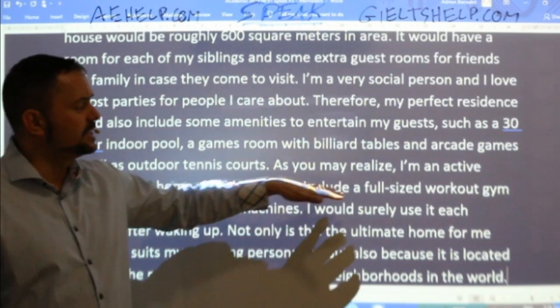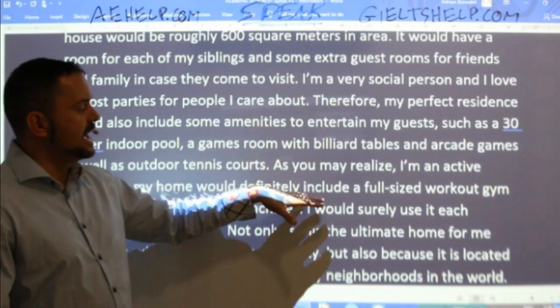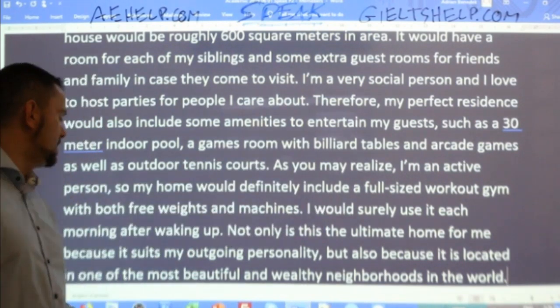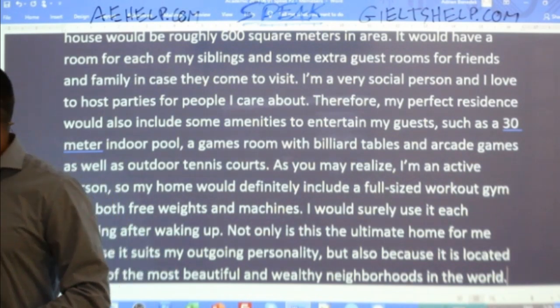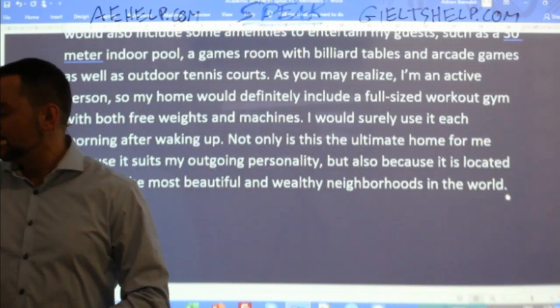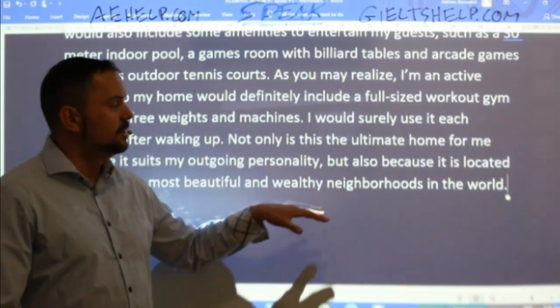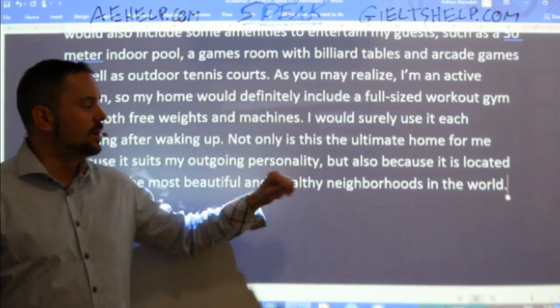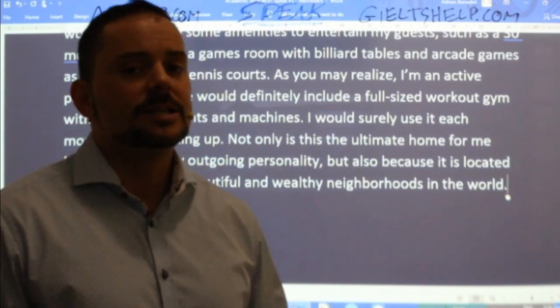As you may realize, I'm an active person, so my home would definitely have a full-size workout gym with both free weights and machines. I would surely use it each morning after waking up. Not only is this the ultimate home for me because it suits my outgoing personality, but also because it is located in one of the most beautiful and wealthy neighborhoods in the world. All right, say that